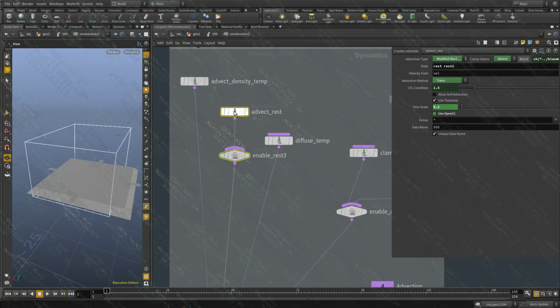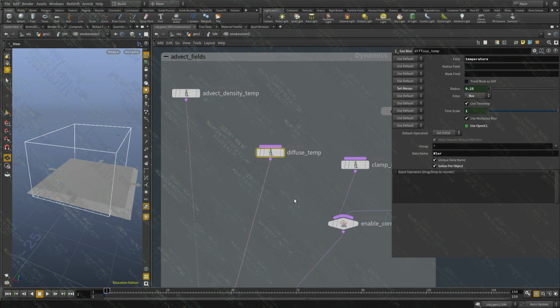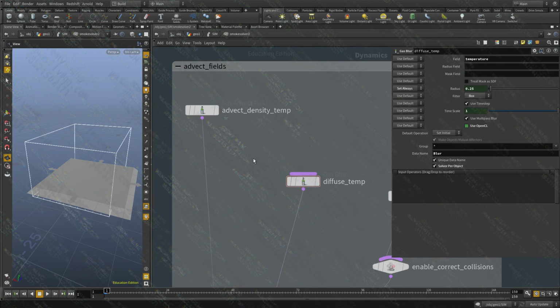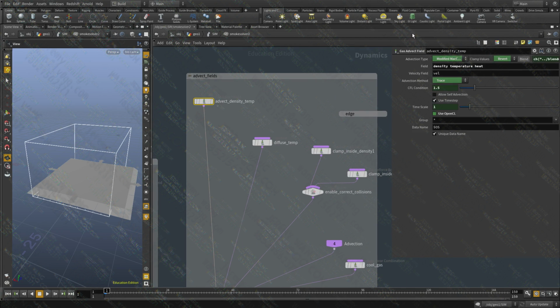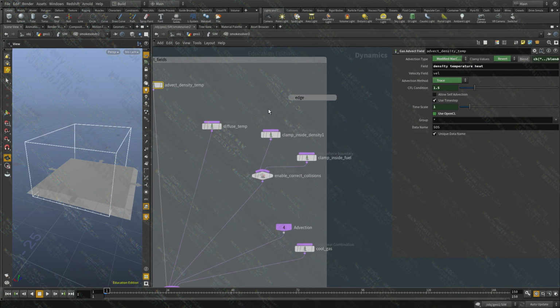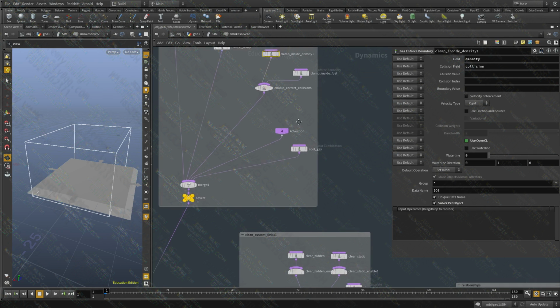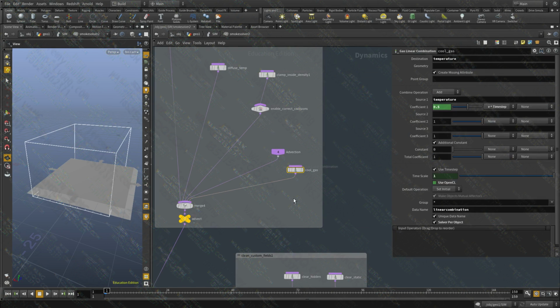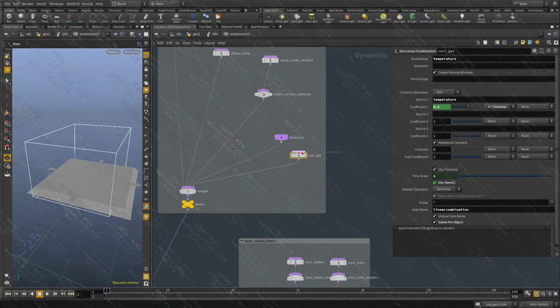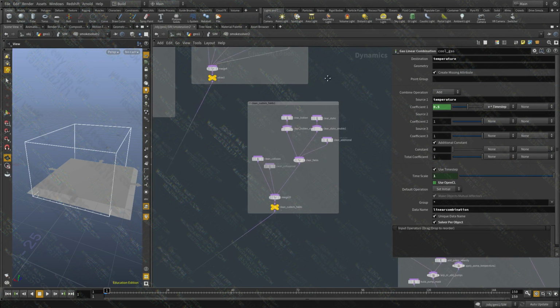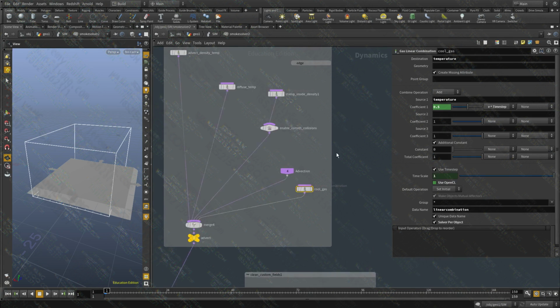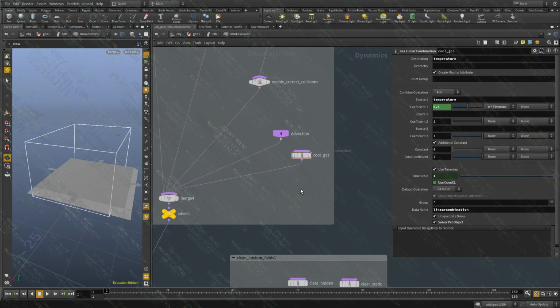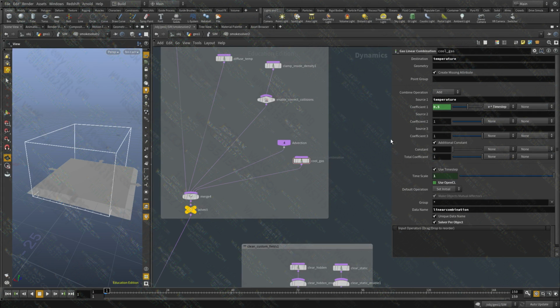Then let's see, advect rest. We don't have any rest field. Diffuse, it diffuses the temperature. Let's keep that. We have it. And the advect field can advect multiple fields at the same time. So here it's advecting all those guys. Okay, that's correct. Clamp fuel, we don't need that. We need that. That's what decays the temperature. Actually, the decay of the temperature is not done using the gas dissipate, but we're going to get to this at